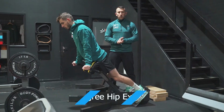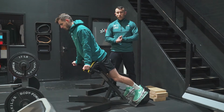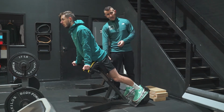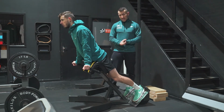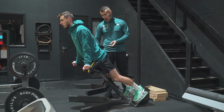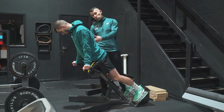Okay, so 45-degree hip extension, fantastic movement, can use it for many different reasons, but the focus that we're going to use it for initially is we're going to be targeting the hamstrings. Now, when we're targeting the hamstrings and when we're thinking about the setup considerations of this exercise, what we want to do is we want to adjust the seated pad so that there's enough room at the hips for the